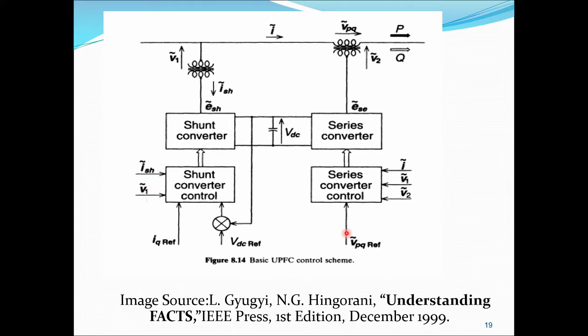From there, these are the parameters I would like to give to the control converter. From that, I would like to choose the values for the converter. Then this converter will switch on, and it is connected to this entire structure like this. Same on this side also. This one is the basic UPFC control scheme. Up to here is just our diagram, but below it I would like to add some controlling structures.